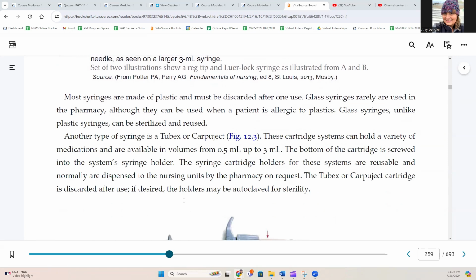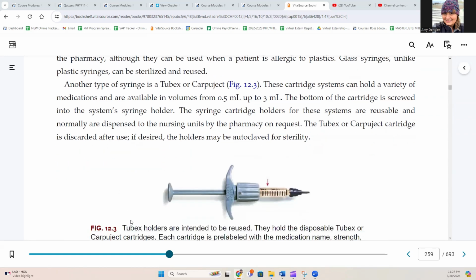Most syringes are made of plastic and must be discarded after one use. Glass syringes rarely are used in the pharmacy, although they can be used when a patient is allergic to plastic. Glass syringes, unlike plastic syringes, can be sterilized and reused. Another type of syringe is a Tubex or Carpuject. That's right here. These cartridge systems can hold a variety of medications and are available in volumes from 0.5 ml